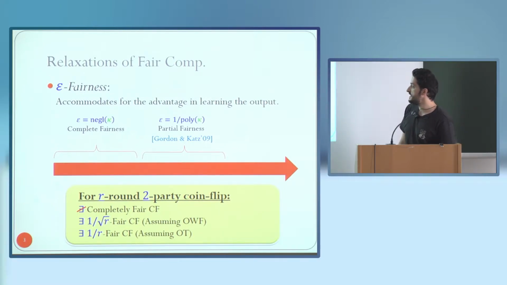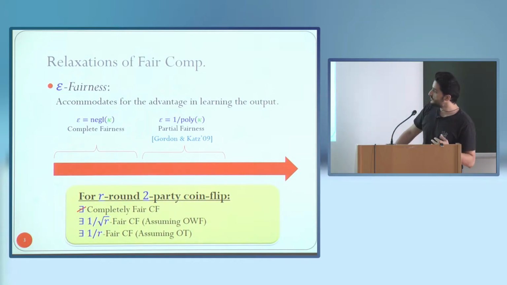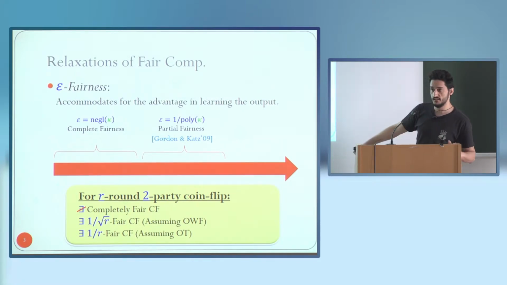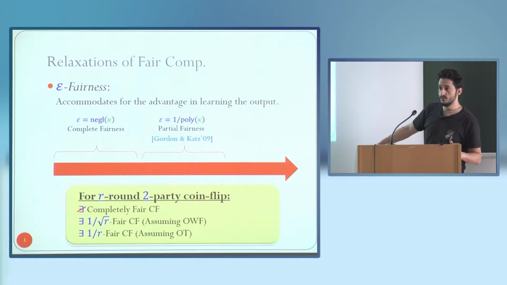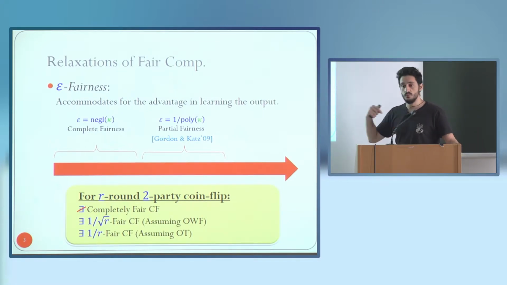We know that there does not exist a completely fair coin flip with negligible advantage. And depending on the resource that we assume, so depending on the computational hardness that we have, we get different advantages. So for one-way function, we get a 1 over square root of r advantage, where r is the number of rounds, whereas if we assume OT, then we get a 1 over r